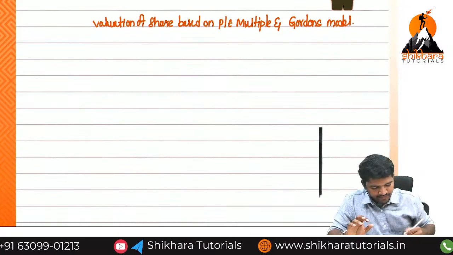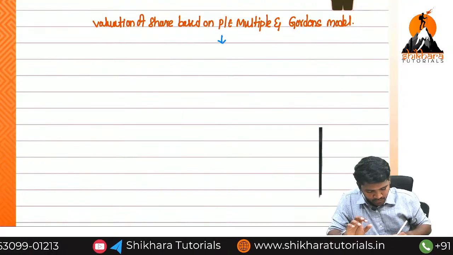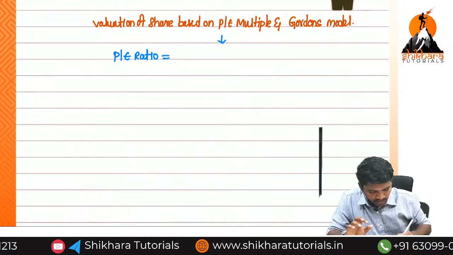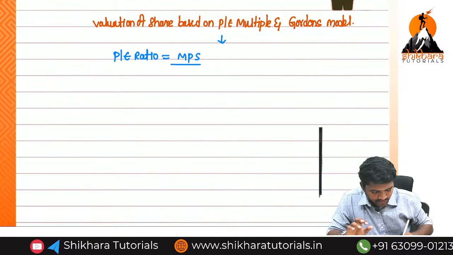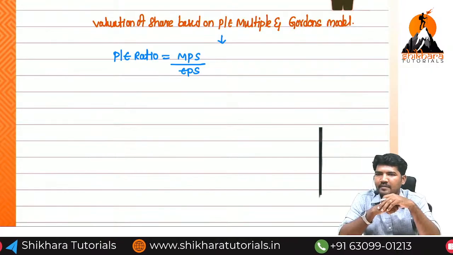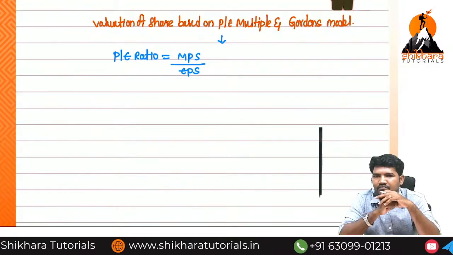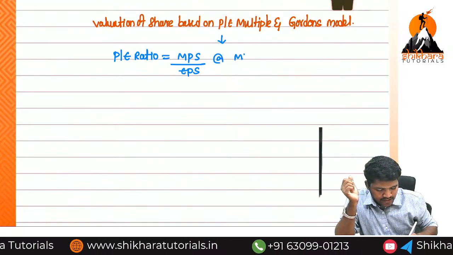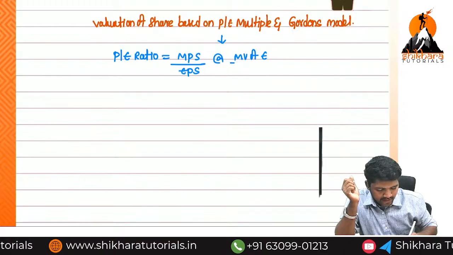So as per PE multiple, we know that PE ratio equals MPS divided by EPS. Market price per share divided by earnings per share. Are you clear? You can also write it like this: market value of equity divided by